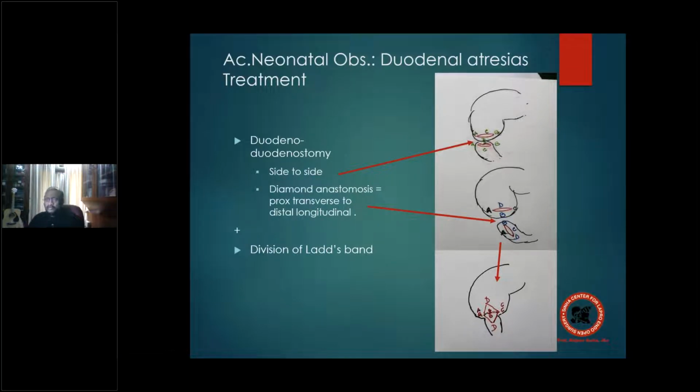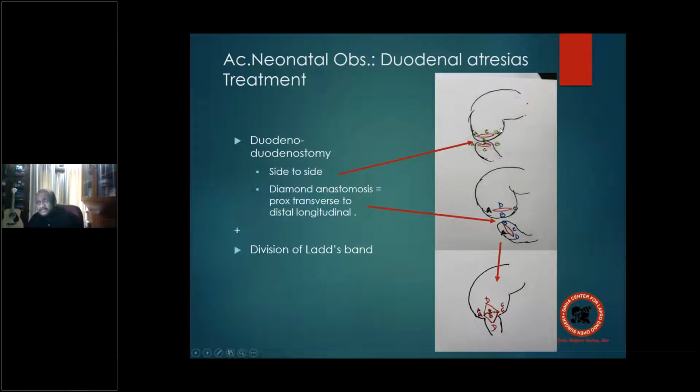Do not do a gastrojejunostomy. Underline it. The immediate impulse would be, let me anastomose the hugely dilated duodenum with a jejunum, or the stomach with a jejunum. Do a gastrojejunostomy. Easy way out. But you are forgetting one thing. Remember, where is the ampulla? In this dilated part. So the ampulla is somewhere here.